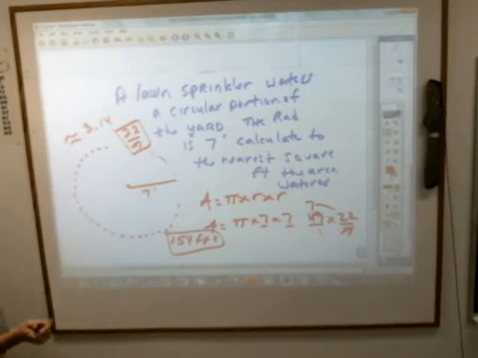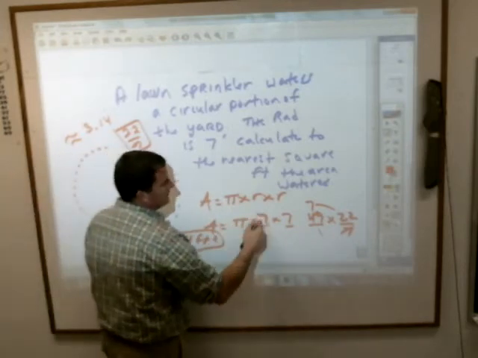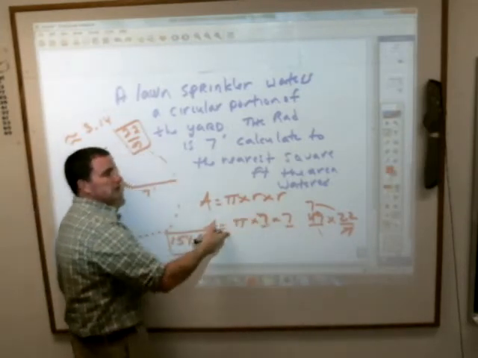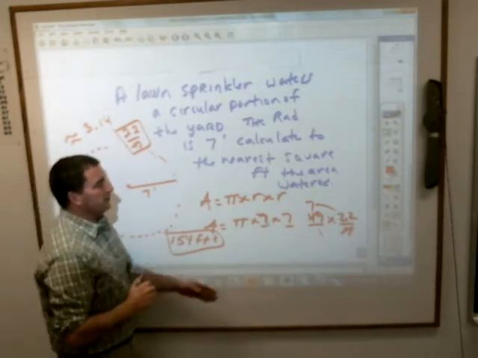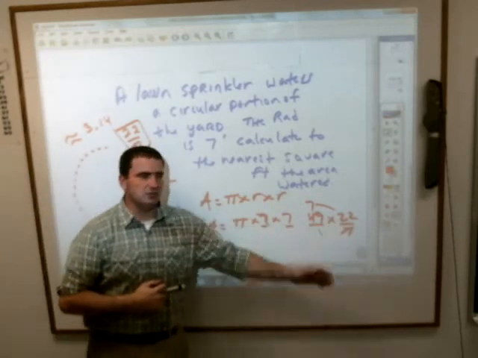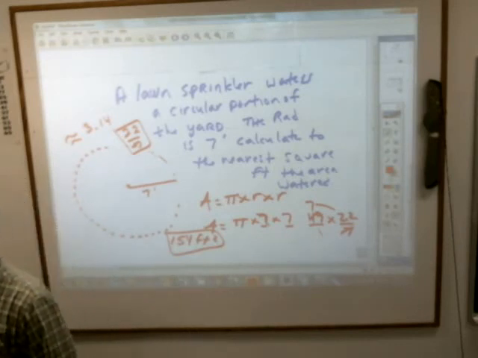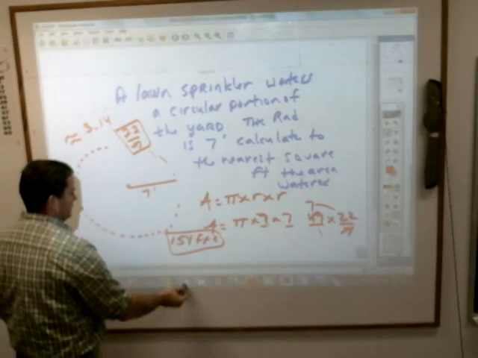So if you come up with a 7, a 21, a 14, a 28, any multiple of 7, it's always easier to use that fraction for your pi. Ladies and gentlemen, this concludes